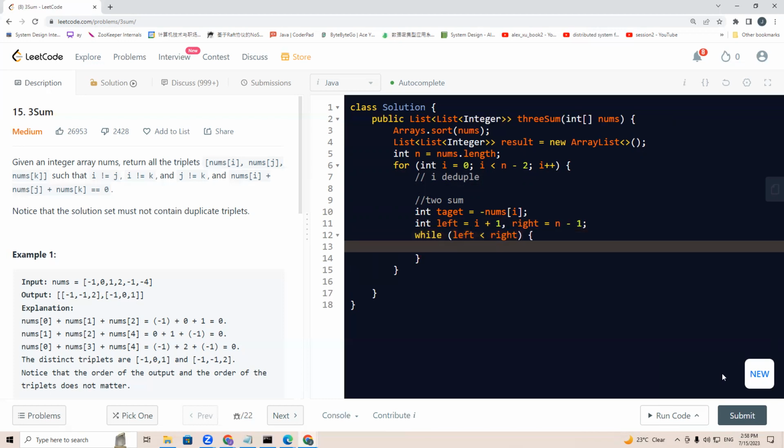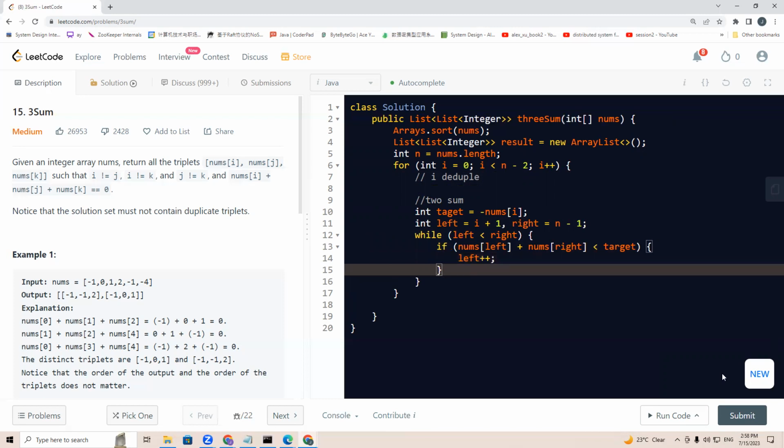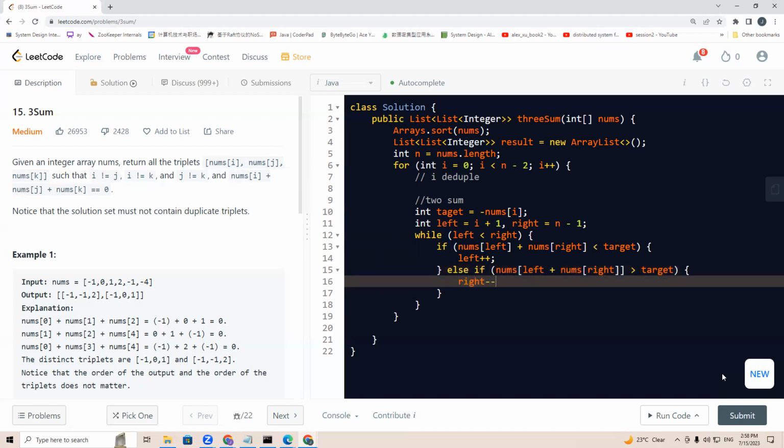If nums[left] plus nums[right] is smaller than target, we need to move the left pointer. Else if nums[left] plus nums[right] is greater than target, then we'll move the right pointer. Else,